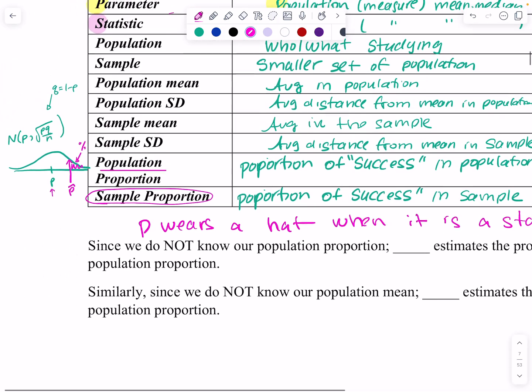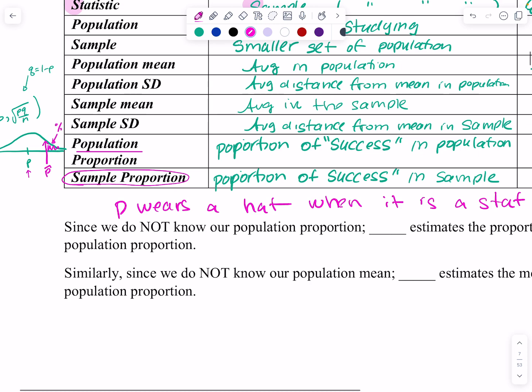So the problem is, the reason we need P hat is because we don't know P. For instance, there's a lot of elections going on, and if you have Brown versus Smith, Brown wants to know how many people are concerned about a certain issue, so they can address the issues the people are interested in and do better. Well, obviously, I don't know the population of Texas if I want them to vote for me. I don't know what the population of Texas believes, so I take a random sample,